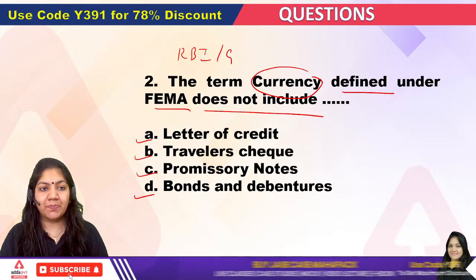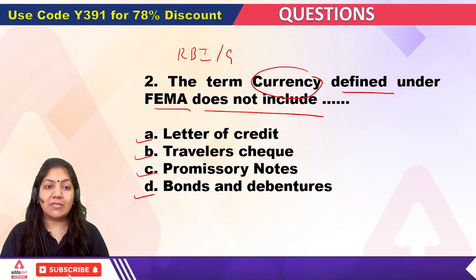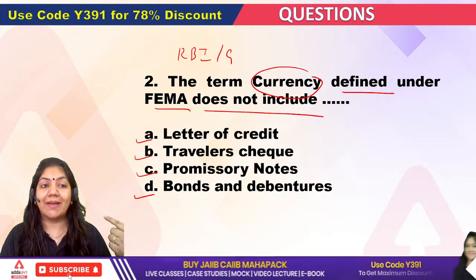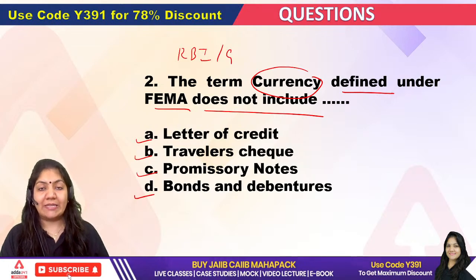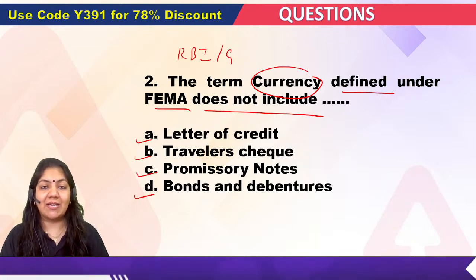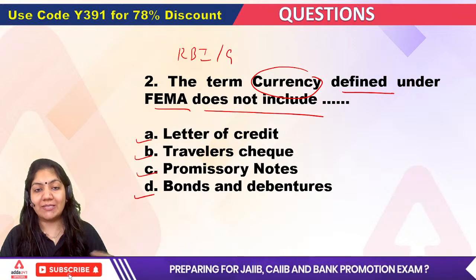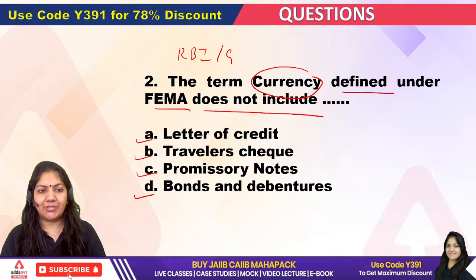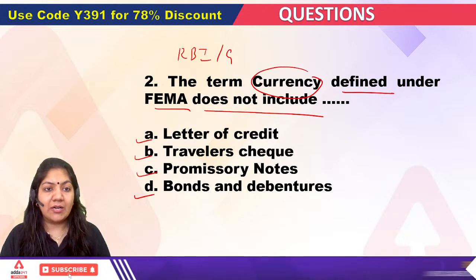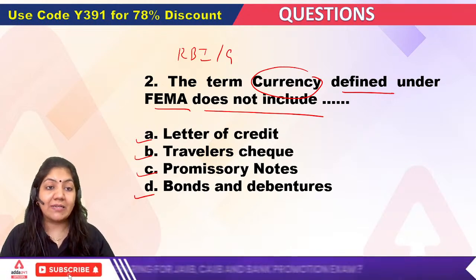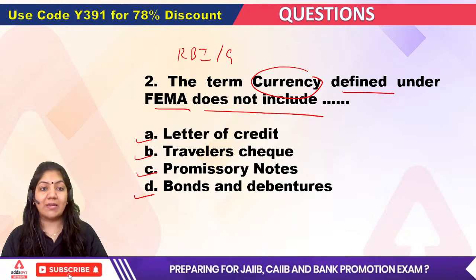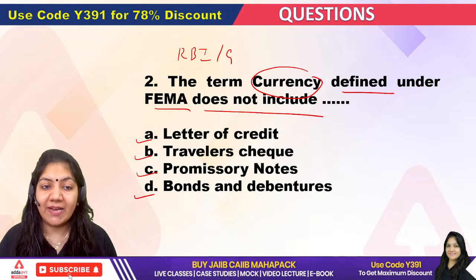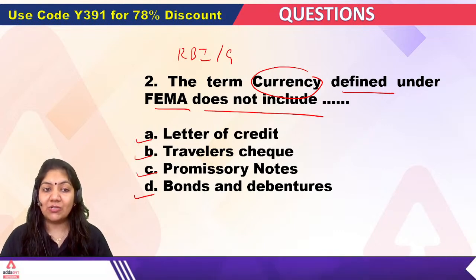So class, my second question is, in FEMA the currency definition is important, the authorized person definition is important, then capital and current transactions are important. These are the important terms of your FEMA Act. The term currency defined under FEMA does not include